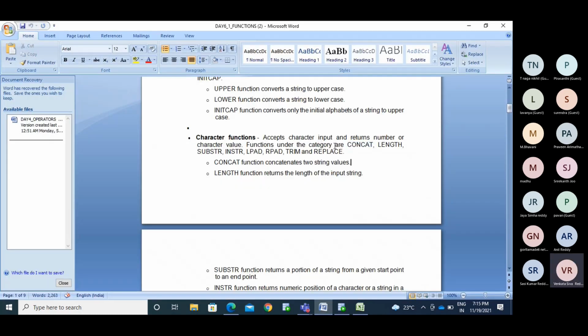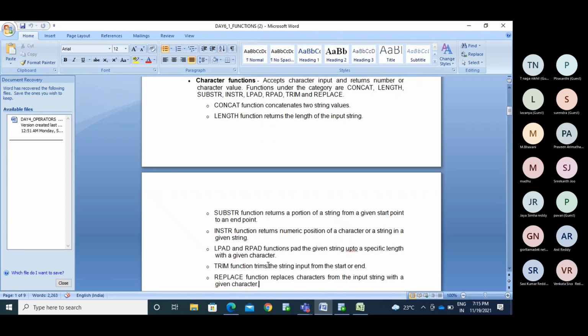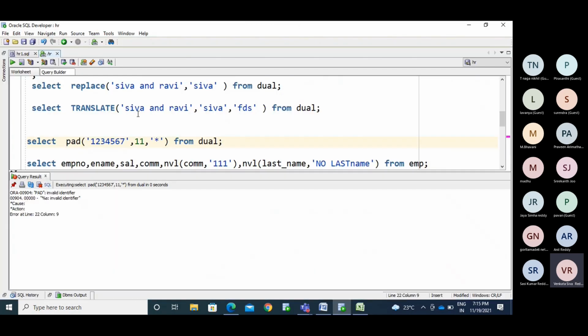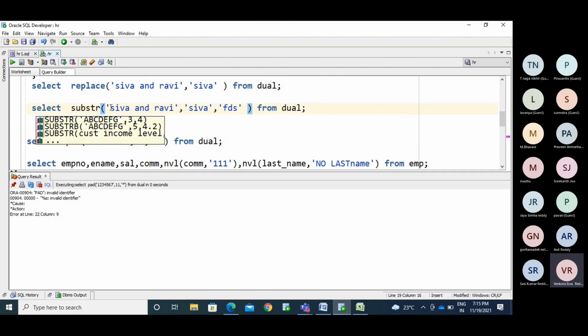So we have the SUBSTR function and the INSTR function. The SUBSTR function returns a portion of a string from the given start point to the end point. Meaning, if I have some string, I want to display part of it.